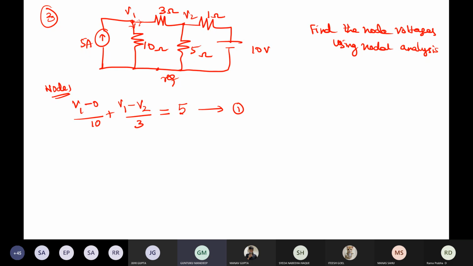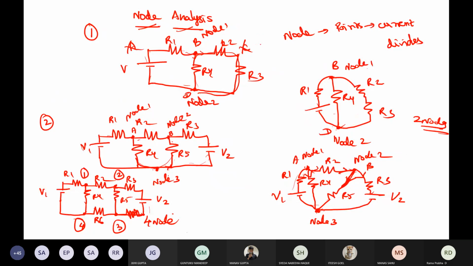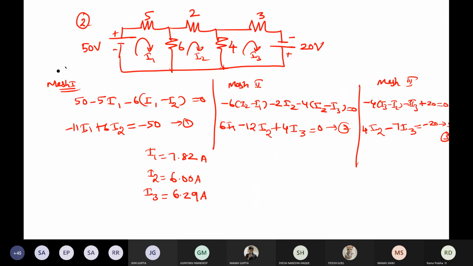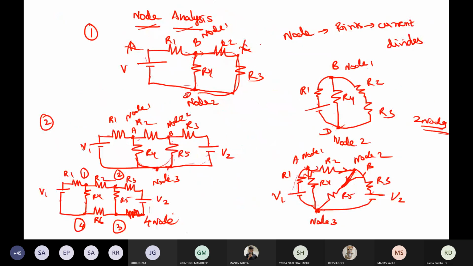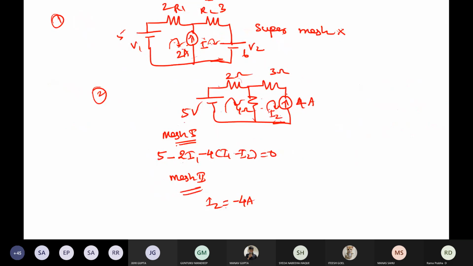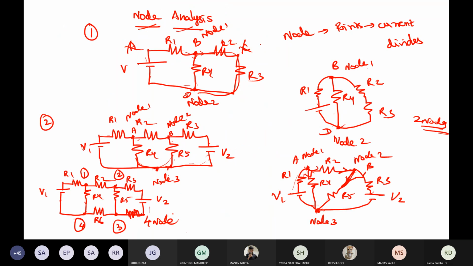Current up to a node has the same current. That's what I told you previously also. In the mesh, I told you, if you have a current source in the edge, you can see this branch in this problem. Up to there, even though it has 3 ohms, there is no use of this. Up to this, you have the same current flowing, 4 amperes only. Okay, so there is no usage of having a series connected resistor with a current source.